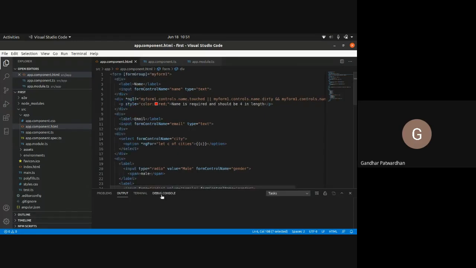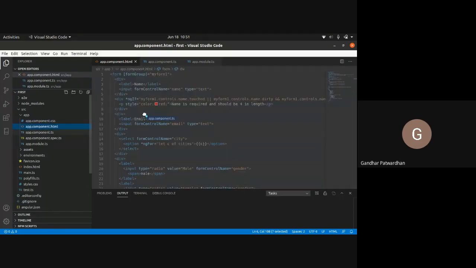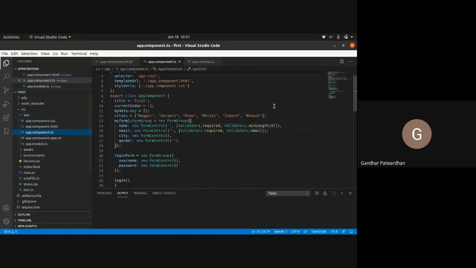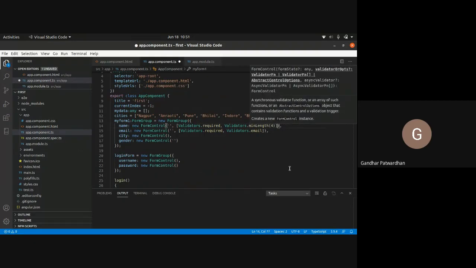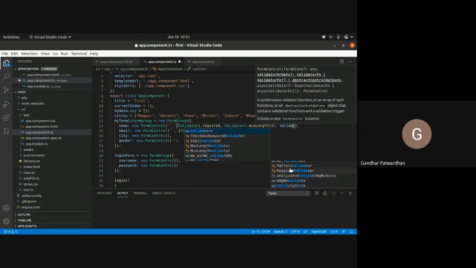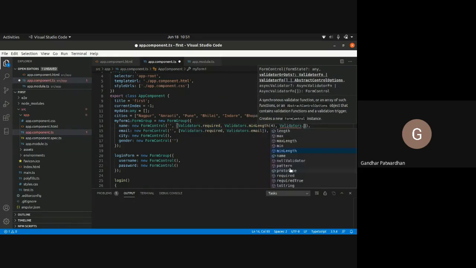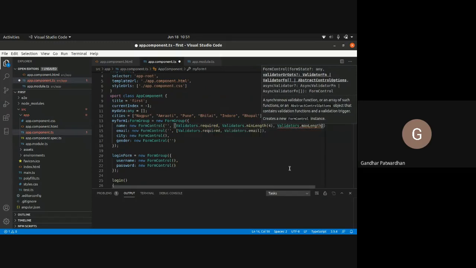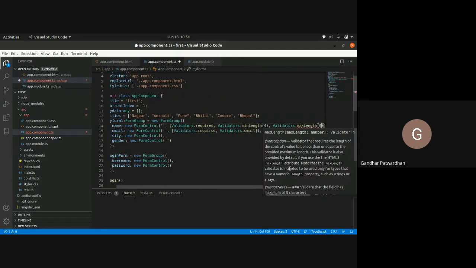That is what you need to do. You can also have multiple validations. Let's say I add validators dot max length and set it to 6.